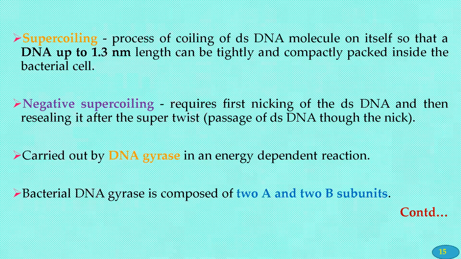So if you just give an analogy: if there is no supercoiling, then the bacterial DNA will be out of the bacterial cell. To keep the bacterial DNA intact inside the bacterial cell, supercoiling is required, because the space is very, very less. And negative supercoiling requires first nicking of the DNA,